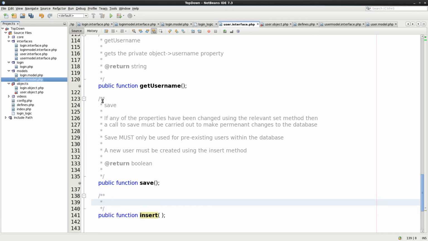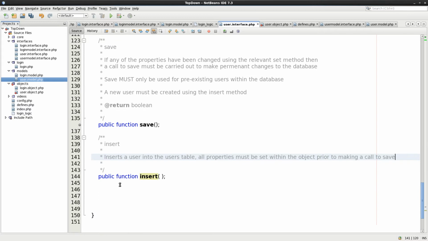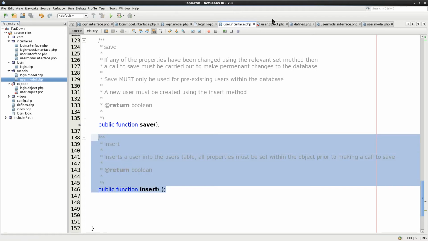And okay, insert: inserts a user into the users table. All properties must be set within the object prior to making a call to save. We're going to say that it returns boolean, and that's it. Okay, so we're going to copy this, come to the user objects,